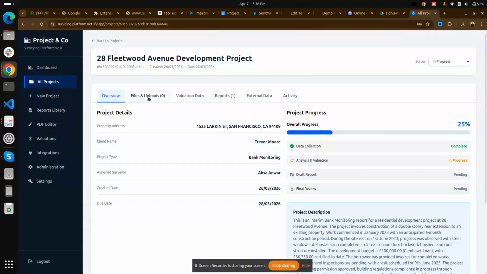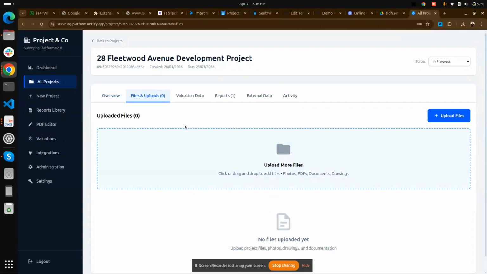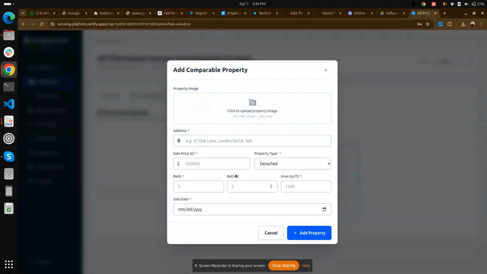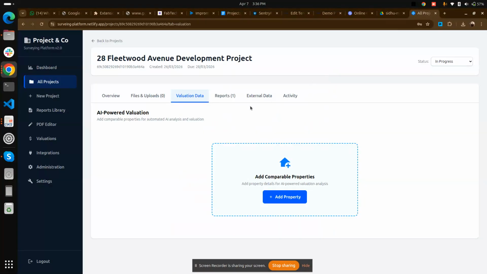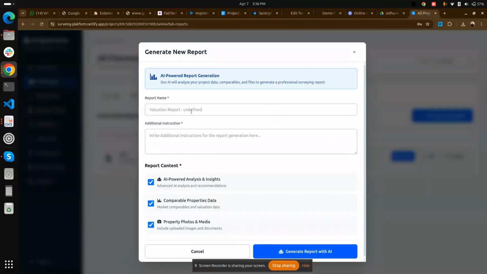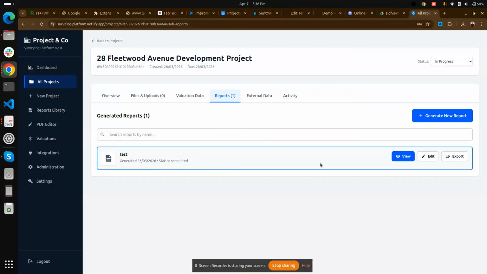And if I come here, all the file uploads will be listed down here, all the valuation data. If I want to add any valuation property, I can click on that, fill up all the details, and I can add the property. So here are the reports. I can generate a new one by clicking here: report name, instructions, and generate with AI. So this is a test report. If I view this one,